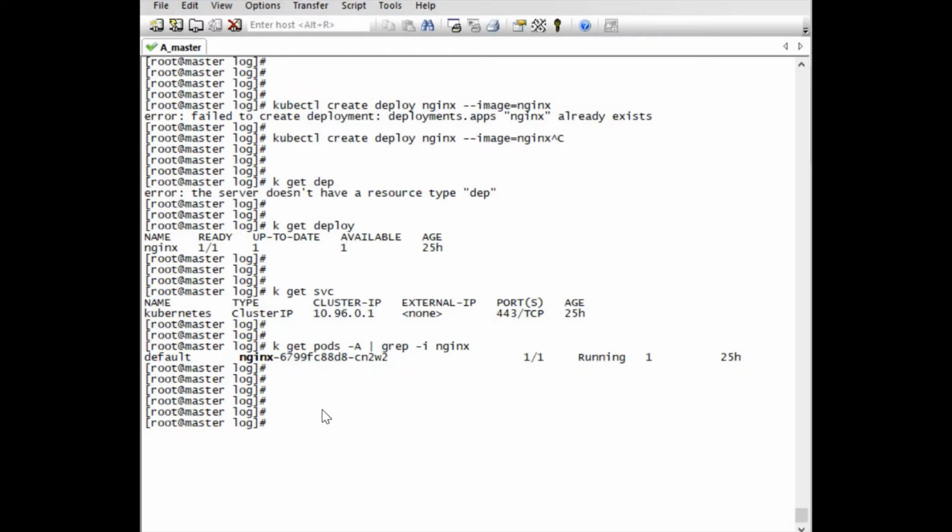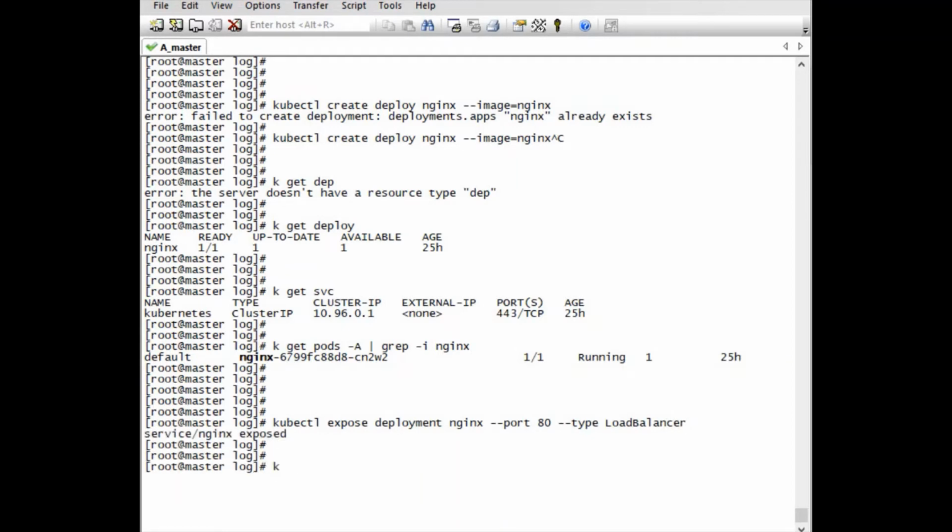Okay, so we already have the pod nginx. Let's expose the service. kubectl expose deployment nginx --port 80 --type LoadBalancer.